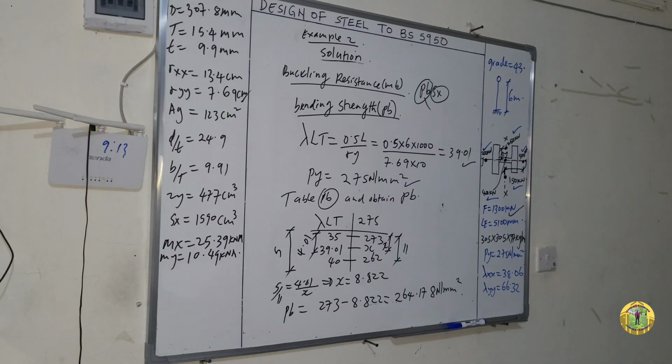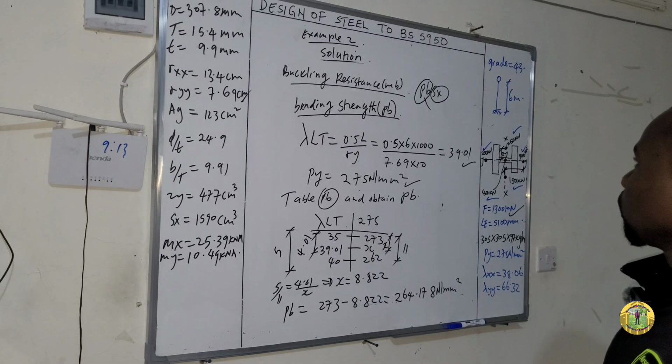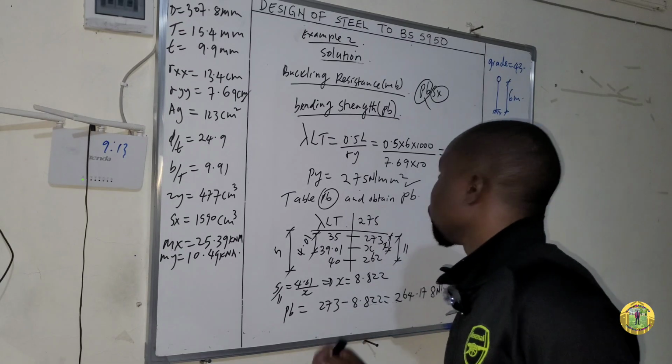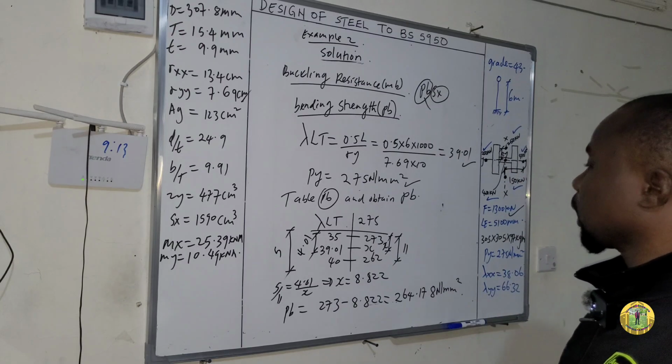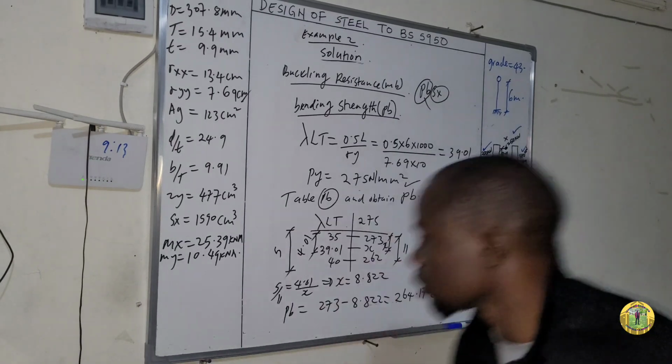So to obtain MB, which is the buckling resistance,